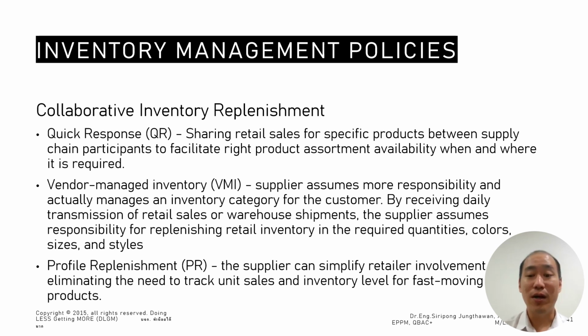They know your raw material and then they send their raw material to you because they know the number, and then they wait for the time to send their finished goods. It should be your raw material that you don't worry about, because the vendor helps you manage inventory by themselves. So you give the data for inventory management to them. They see the number, and then the supplier assumes responsibility for replenishing retail inventory in the required quantity, color, size and